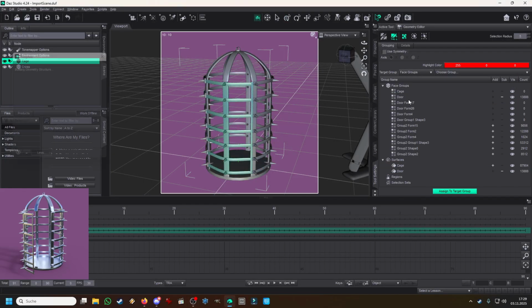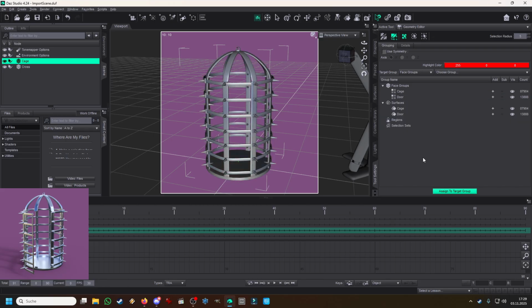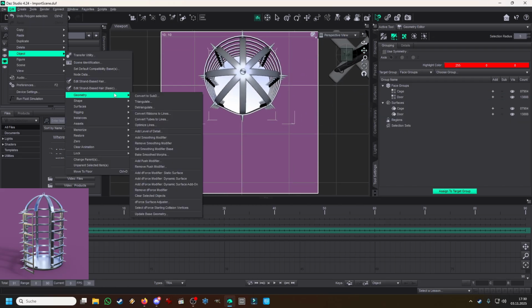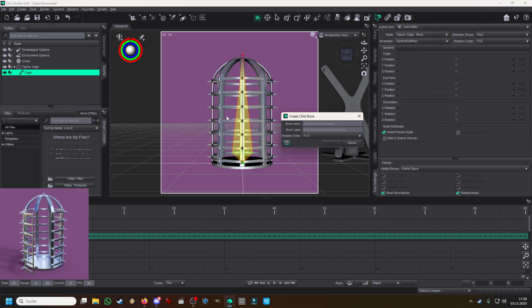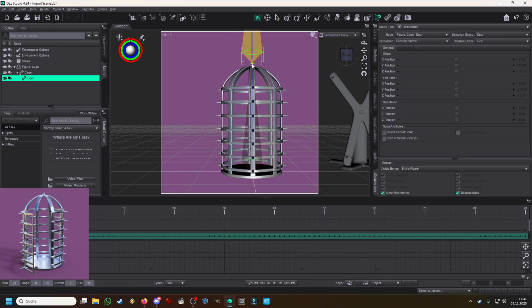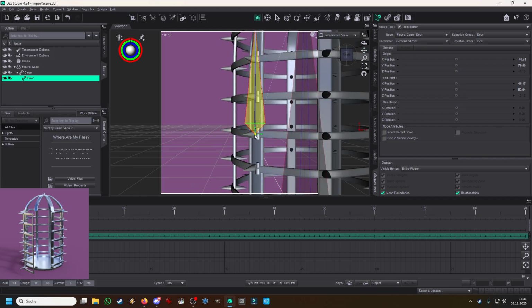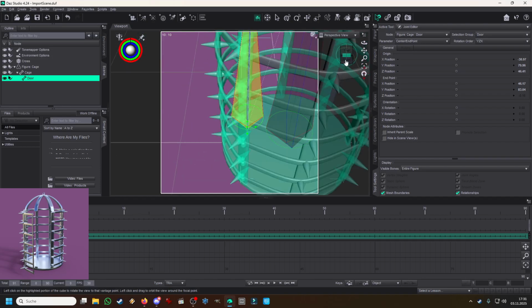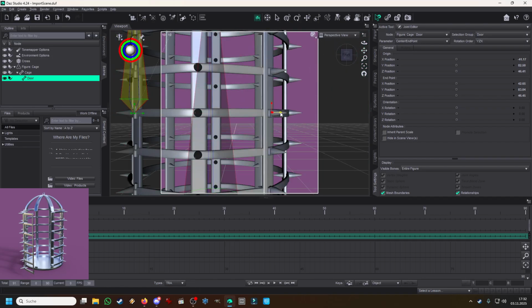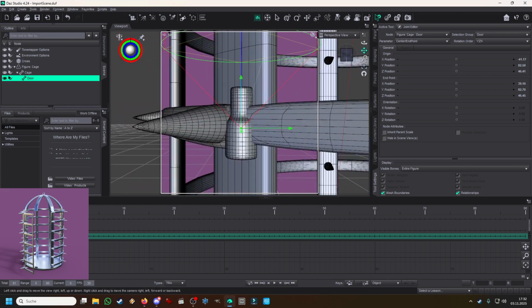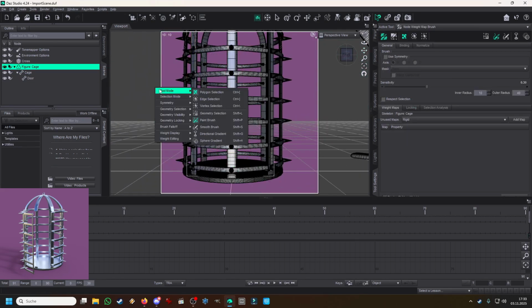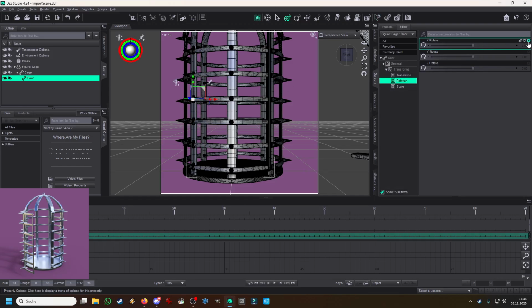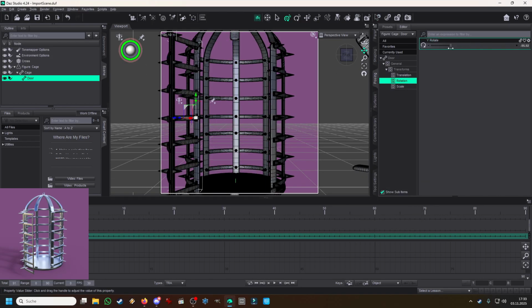Rigging itself is relatively easy. I made two materials, which meant I also had two surfaces which I could just grab for the surfaces, and then the rigging is relatively easy. I just try to make sure that the bone for the door of the cage is correct